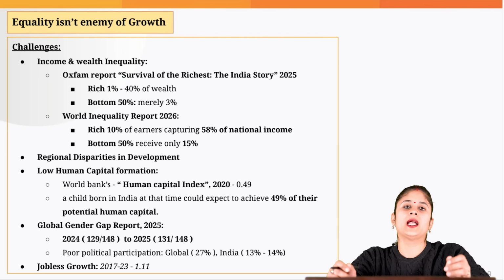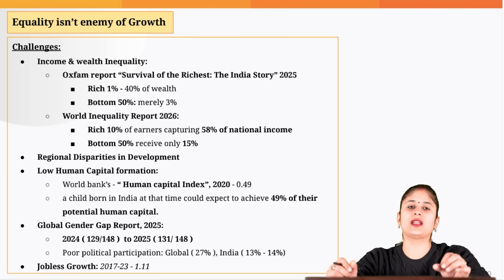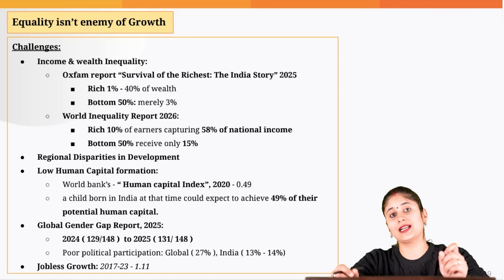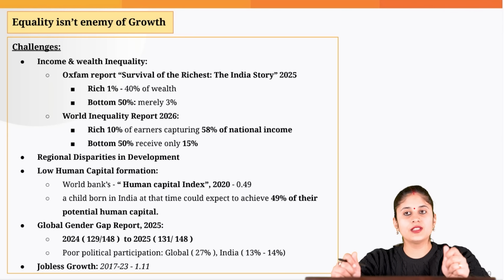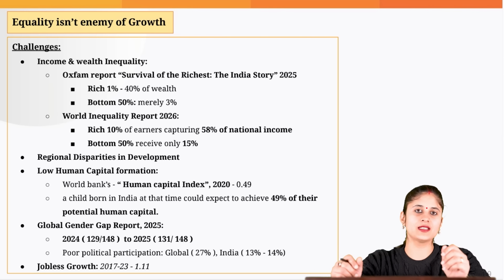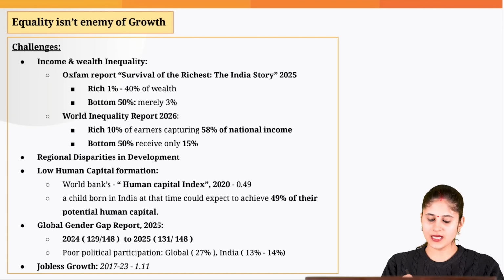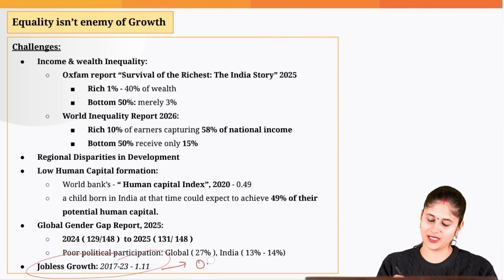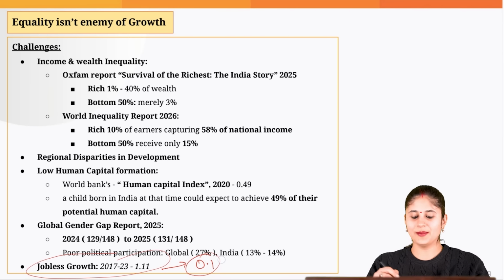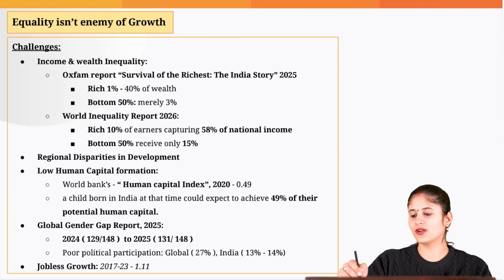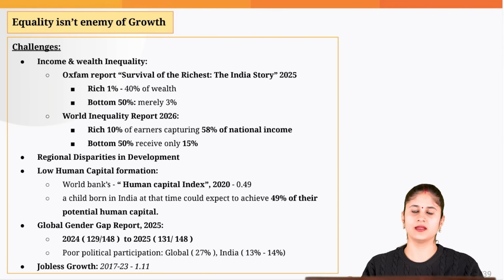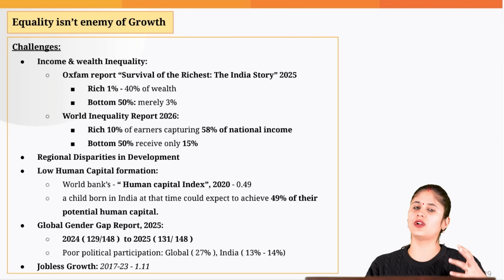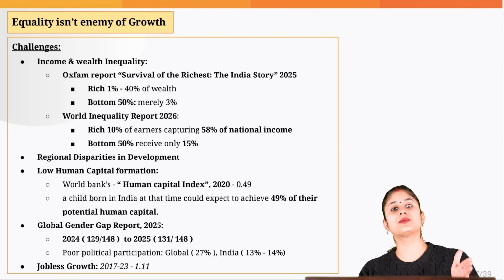But the problem is, what kind of jobs are you creating? You are actually creating informal jobs. 90% of our workforce is still employed in the informal sector. And when you look at job quality, we are basically creating jobs in the gig economy, which is guided by an informalized workforce. So that is another problem. But various economists say that employment elasticity is merely 0.1. So ultimately in the exam, you will be quoting PIB data, but you can talk about the quality of jobs being created. We are creating more informal jobs, not formal jobs, which are characterized by high pay